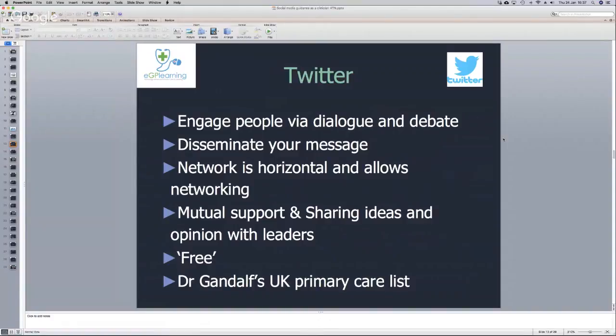Yeah. But let's focus. So effectively, Twitter is an engagement platform, and it's about having the dialogue and the debate and being able to talk to people. It is very much a broadcasting platform as well, so being able to send out a message that you have. And the key thing to remember is that when you talk to people, you're talking to people on the same level. Yes, you may have the Twitterati, up in the echelons of millions and millions of followers, that are probably unlikely to respond to you if you message them, but you never know, sometimes it can be